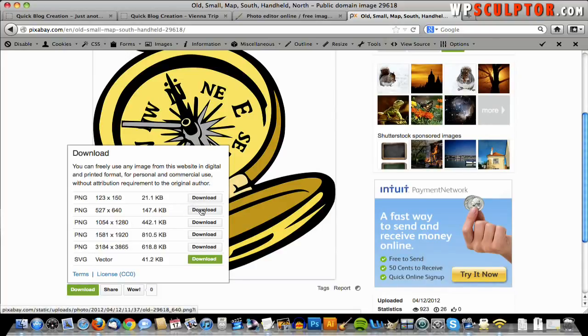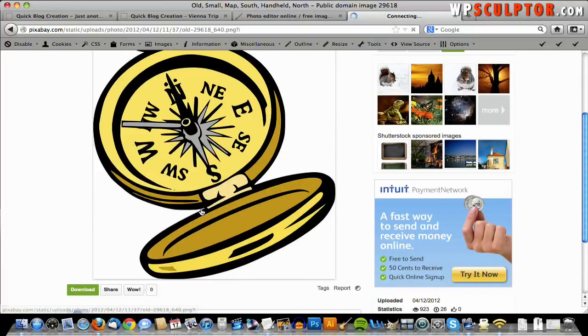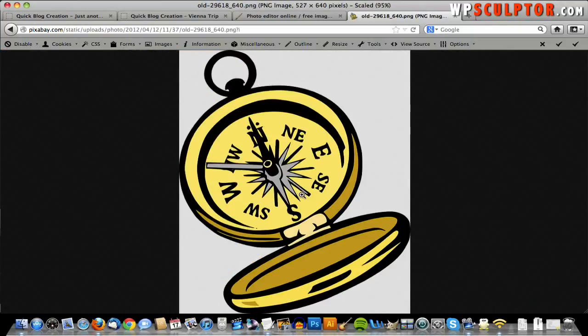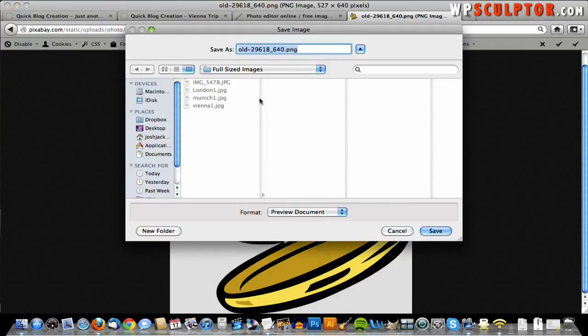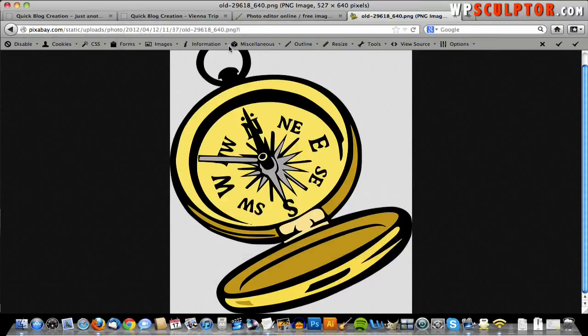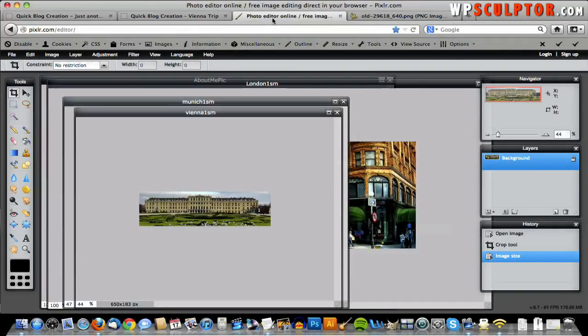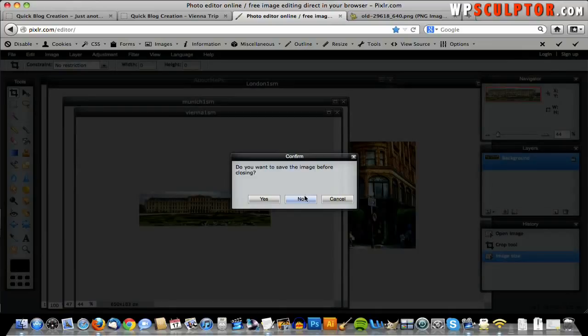Let's go ahead and download this one. It's pretty big, and then we'll be able to make it smaller. Let's click download and right click, save image as, and we're going to call this compass icon. And now we're going to go back to Pixlr, close out of these,